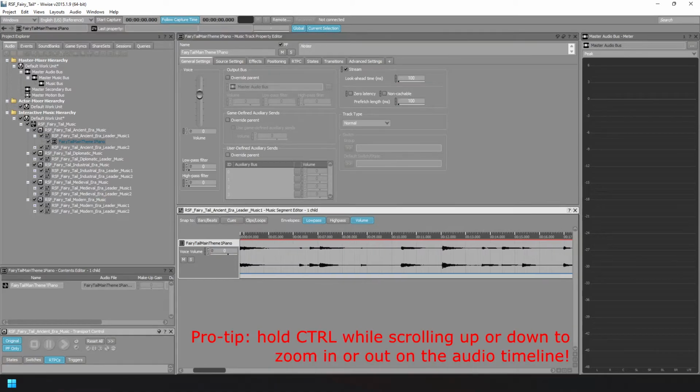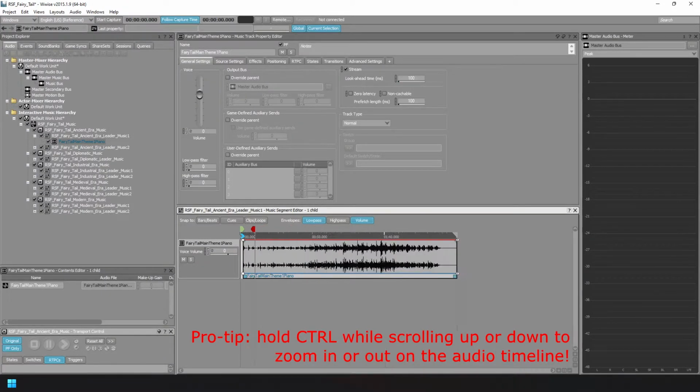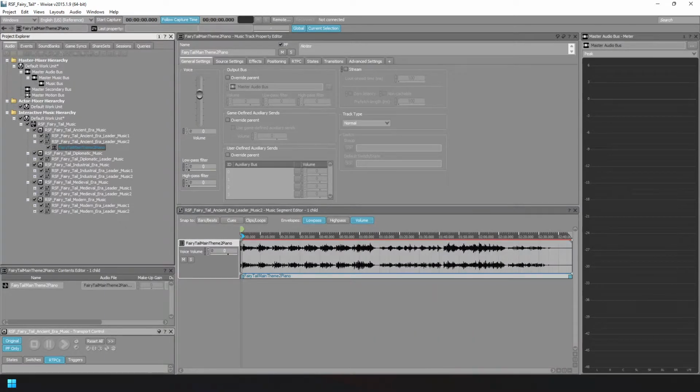For the audio timeline in the music segment editor, you will want to drag the audio about 1 to 2 seconds ahead from the start point to prevent the sound from overlapping when switching between songs. This way it will wait until a current song has finished fading out before starting to play another one of your songs. Then also drag the exit cue all the way to the end of the audio timeline. This marker is used to determine where your song ends, so leaving it in the middle of the song will just abruptly end the song wherever the marker was put. Do this process for all the songs you have added.